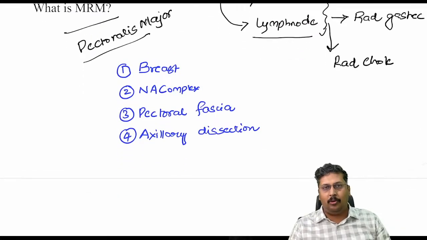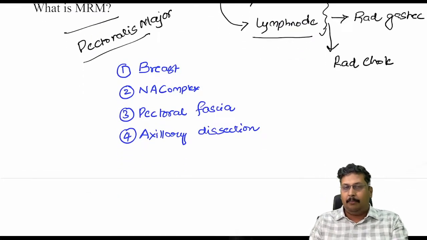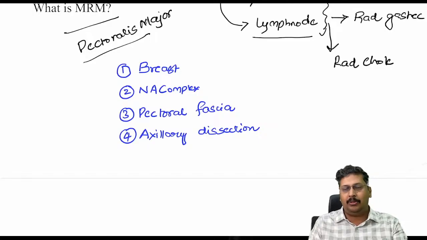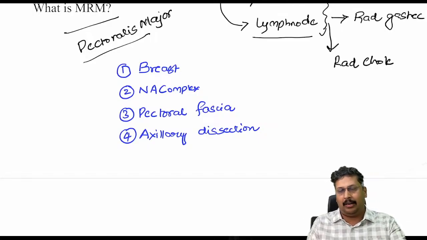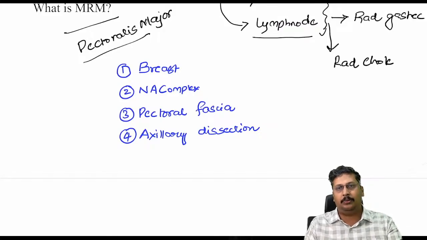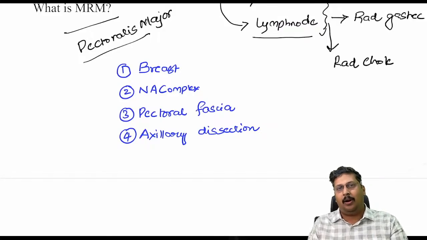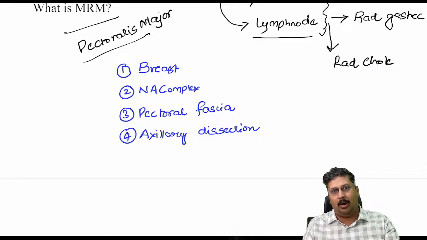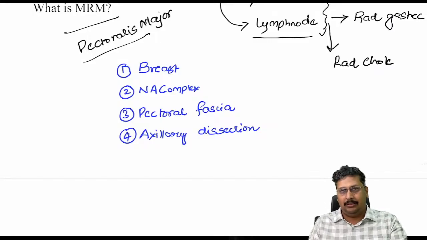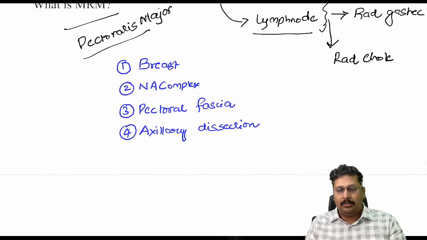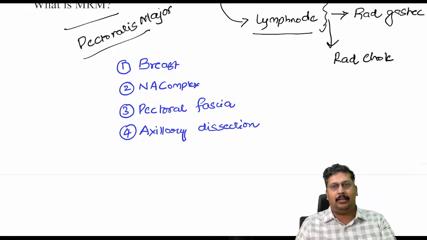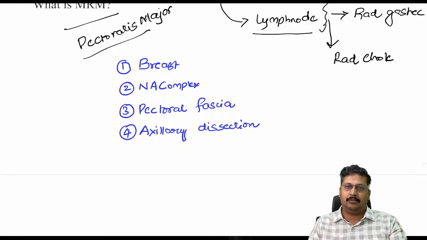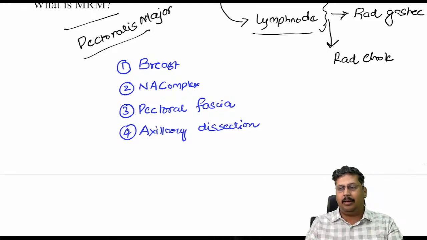So these are the 4 components of modified radical mastectomy. As we go along the video, we will try to see separately how these structures are removed and what is the extent of the removal and how it will influence our surgery as we go along. So there is a saying that a good surgeon starts his surgery by a good incision,